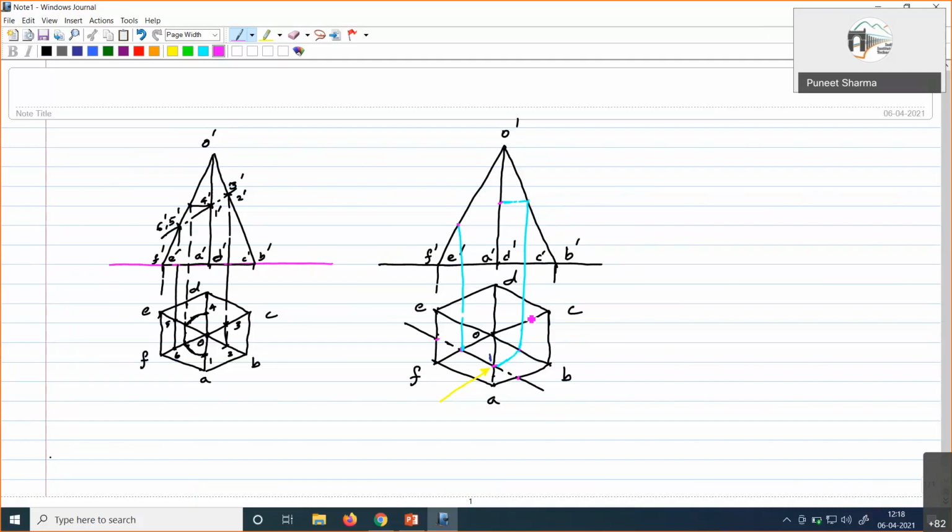Yes. We move perpendicular to XY line and then the intersection on O dash B dash we obtain. Then we move parallel to XY line and reach this O dash A dash. So this is exactly the opposite of what we did in the previous diagram. That's what I was trying to say. So like this we can locate it.